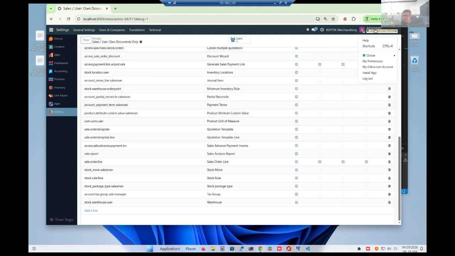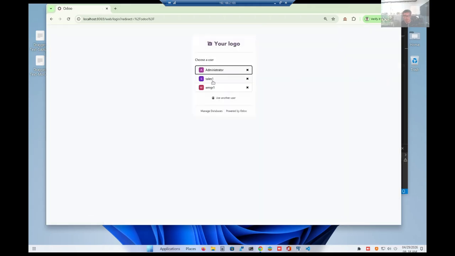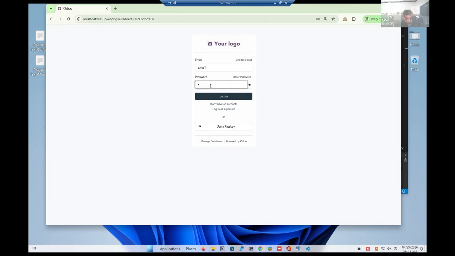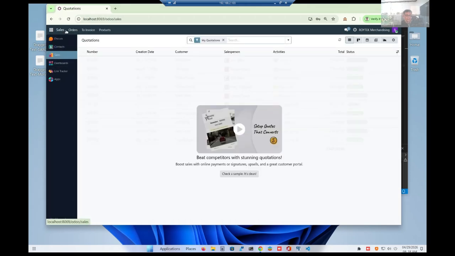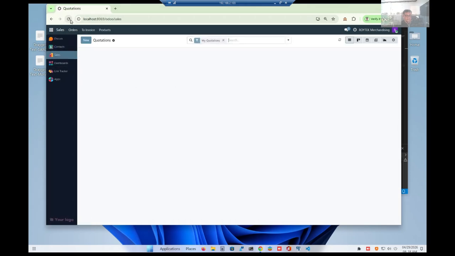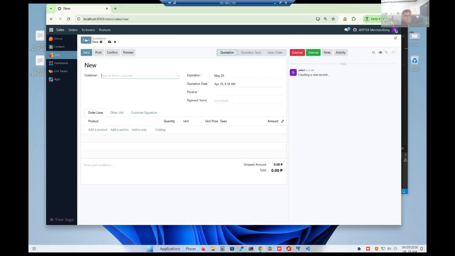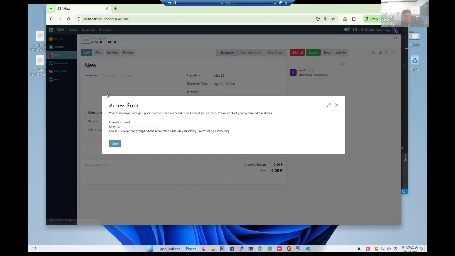So now let's test. Let's go to sales. Let's refresh. There's the new button. You can now create. The first thing to do is to create or indicate the customer.